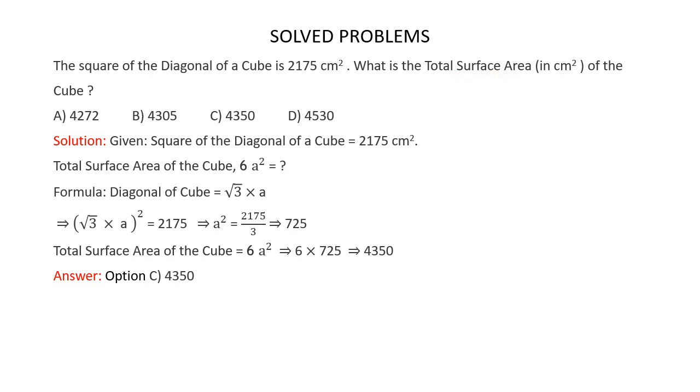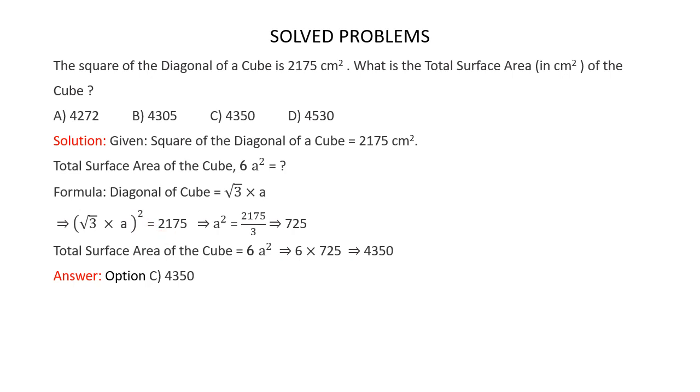Now you know that total surface area of the cube is equal to 6a squared. So if we know the value of a squared, we can easily calculate the value of the total surface area of the cube. Now it's given that square of the diagonal of a cube is equal to 2175 centimeters squared. Now we know that diagonal of a cube is equal to root 3 multiplied by a. So square of the diagonal of the cube would be root 3 multiplied by a the whole squared, which is given as